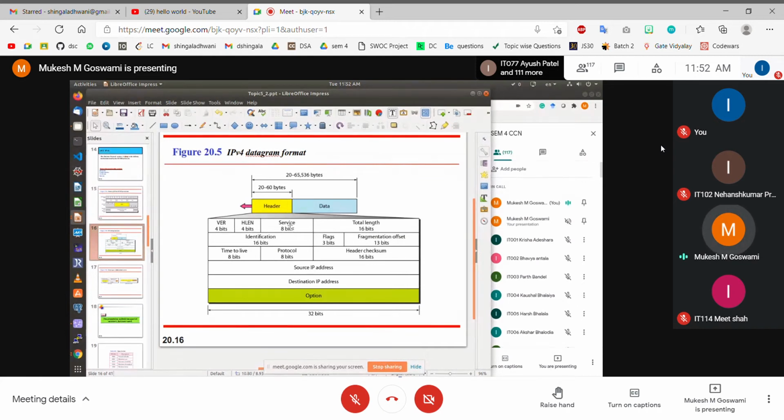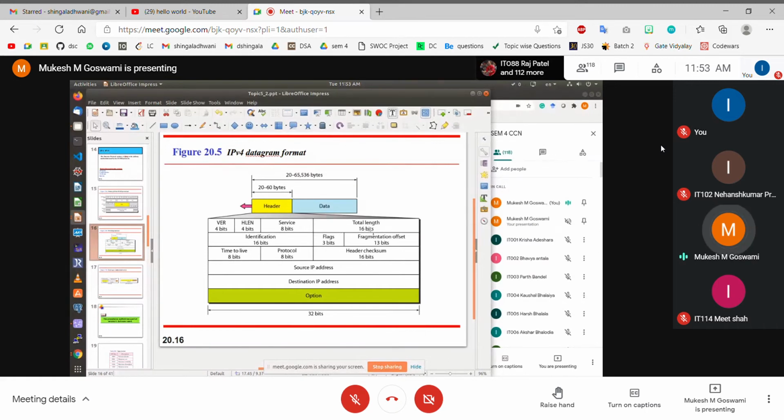Then we have the next 8 bits, which are the quality of service bits, which indicate the desired amount of quality that is required by the protocol. We discussed that there are various aspects of quality. Some services and protocols consider reliability more important as compared to throughput, and some services are inclined towards reducing delay as compared to reliability. So basically, there are 3 points: reliability, delay, and throughput. Depending on which of these parameters is more important to us, we can set up the quality of service bits, right?